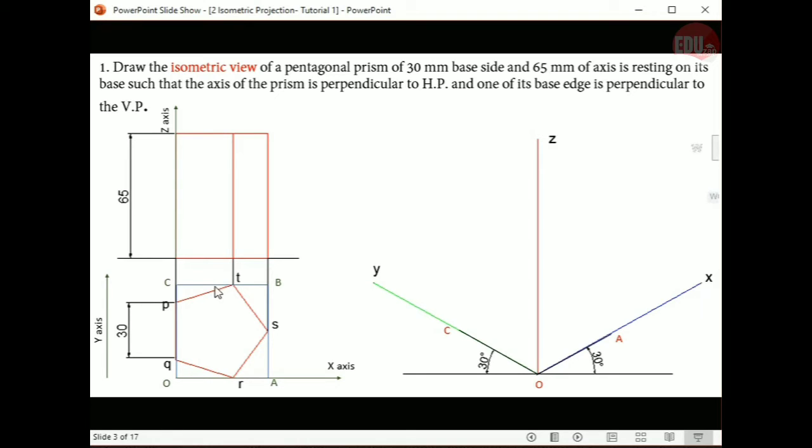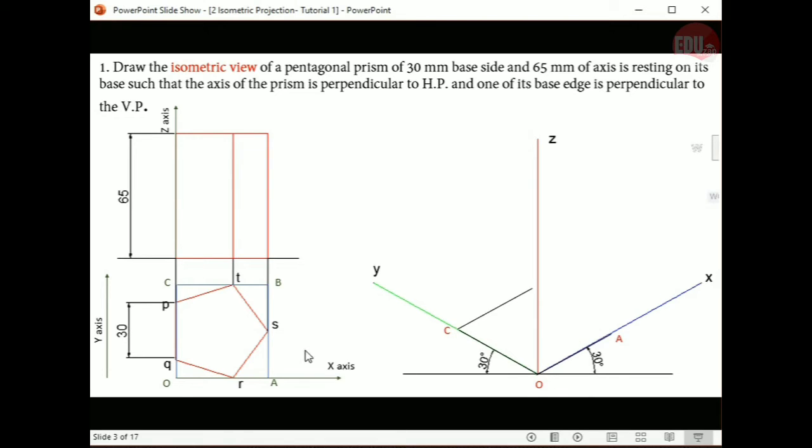Like that, a rectangle is visualized as a rectangle only in straight view. Okay, if it is inclined or if you are viewing in any other direction, you can see it as a parallelogram. So for drawing the isometric view of this rectangle, we have to draw a parallelogram OABC. For that, we have to find A, C, and O.